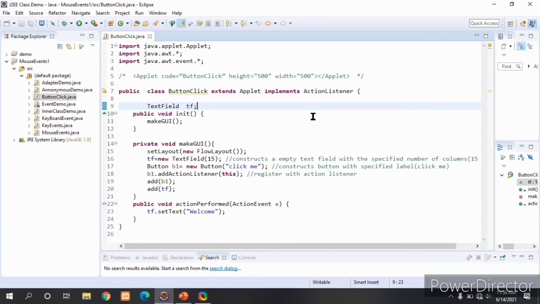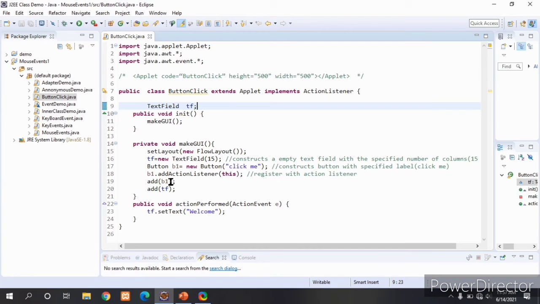Now an action event is generating, so we need to register the event source with the event listener interface. The button is the event source here, so I am registering that button with the action listener.